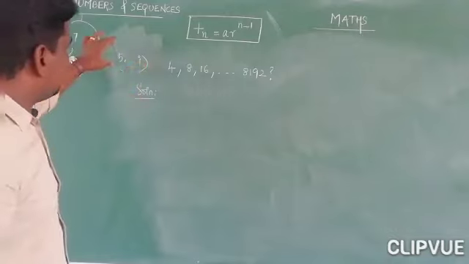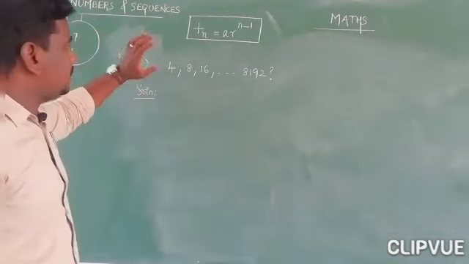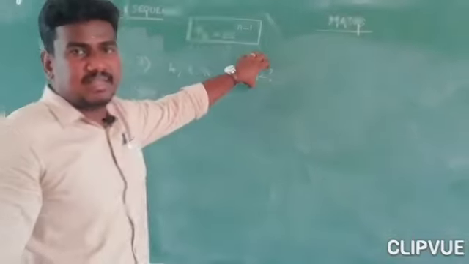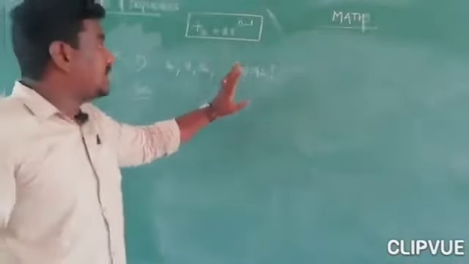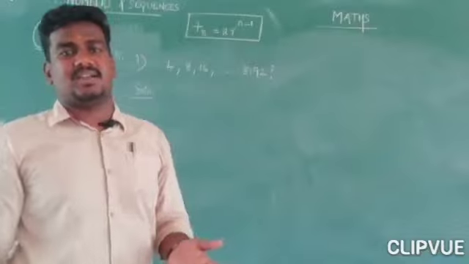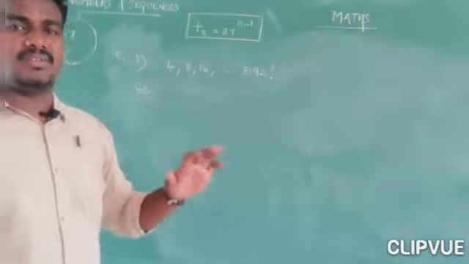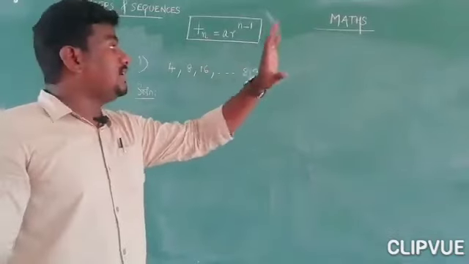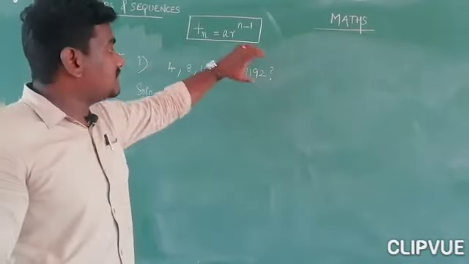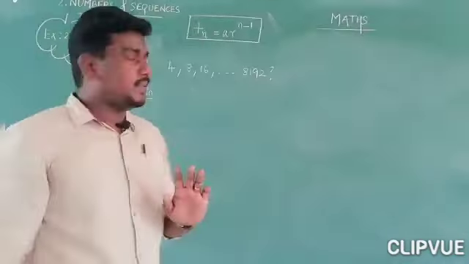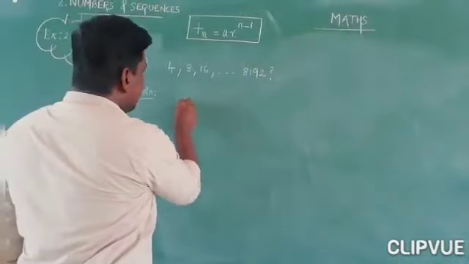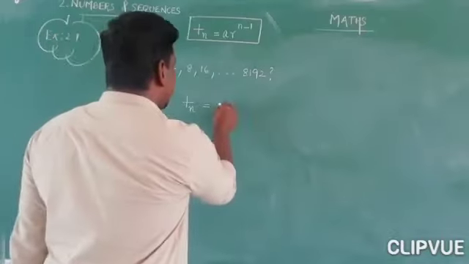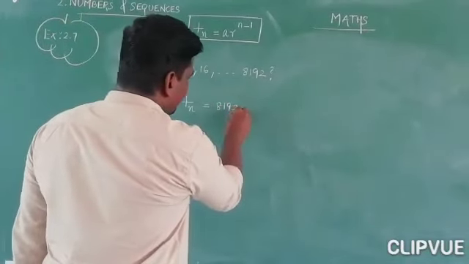Okay, next question, question number 5, first subdivision. This is a GP given clearly, and this is the last term. It means Tn of the GP. They asked to find how many terms are in the GP. It means the number of terms. You know that this is first term, second term, third term, like that. How many terms it contains, and the last term is 8192. Okay, so this is Tn or last term L. So Tn is equal to 8192.